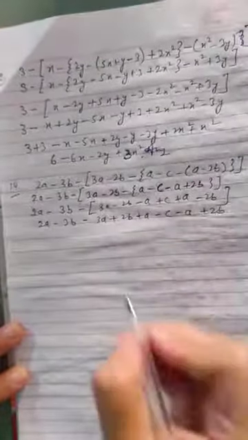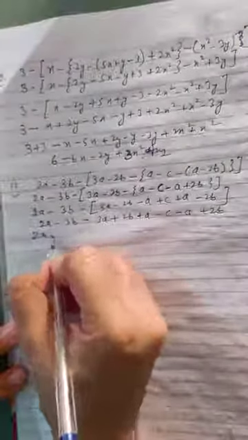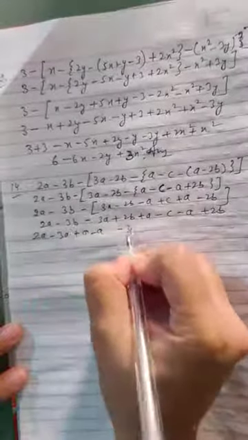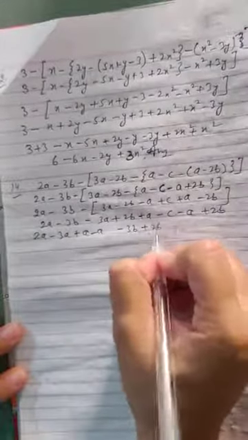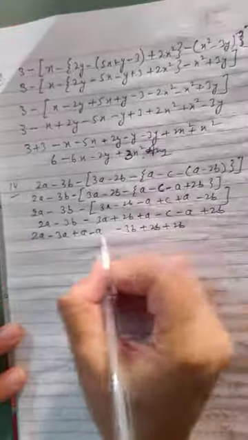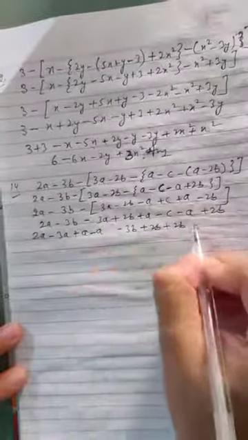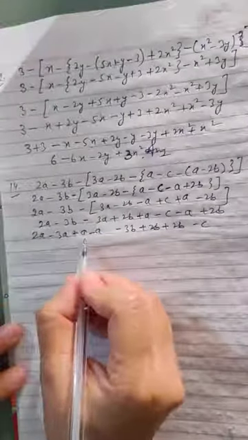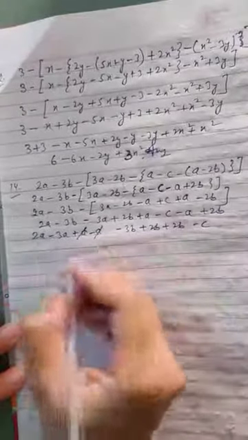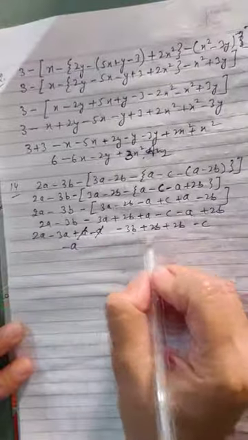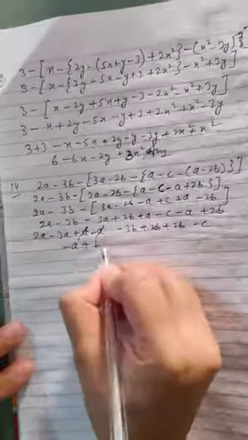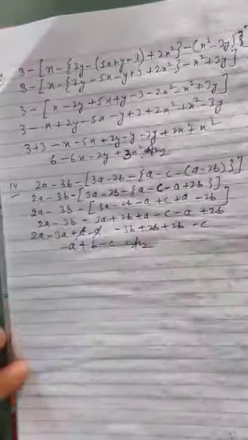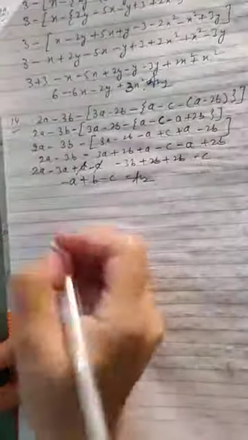Now collect the like terms. 2a minus 3a plus a minus a. Then minus 3b plus 2b plus 2b. a, b is done. Then minus c, single one. 2 minus 3, this will be cancelled out. So minus a plus b minus c. This is the answer. All sums are the same. You have to just open the brackets and solve them.